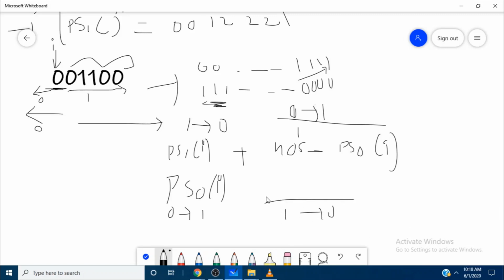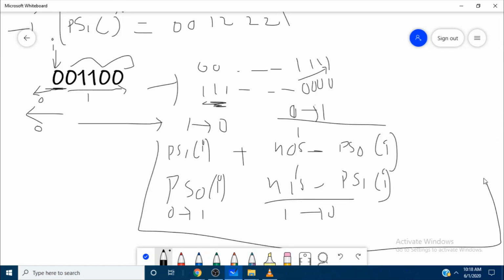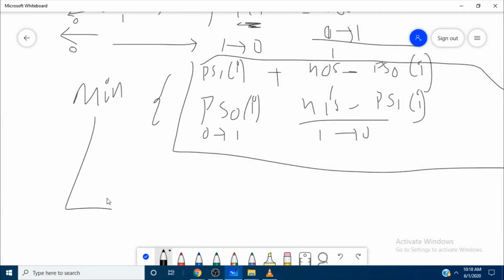So here how many ones? Here 2. We need to convert those two to zeros. So it will be number of ones minus prefix sum of ones. Okay, and we need to take minimum of these. So this will be our answer.